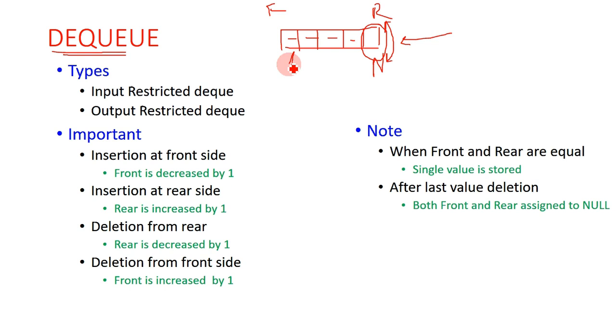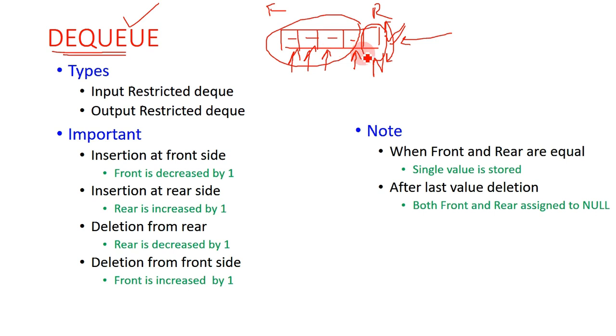When we want to delete elements, say for example the first element is deleted, the second is deleted, the third is deleted and the n-1 element is deleted. Now we have space available at the front side, but if we want to insert a new value, the overflow condition is still satisfied and it will give us a message that you cannot insert. To overcome this problem, the DQ and circular queue come in.